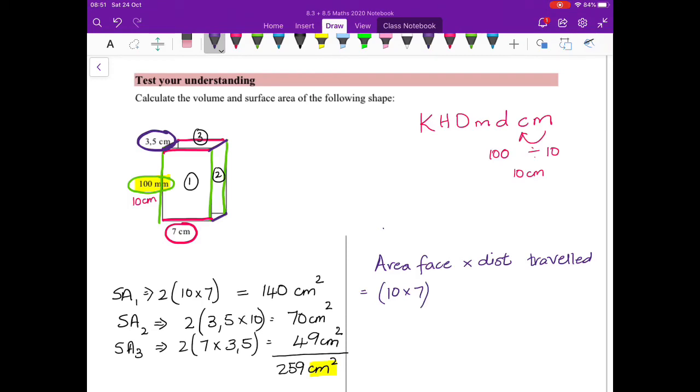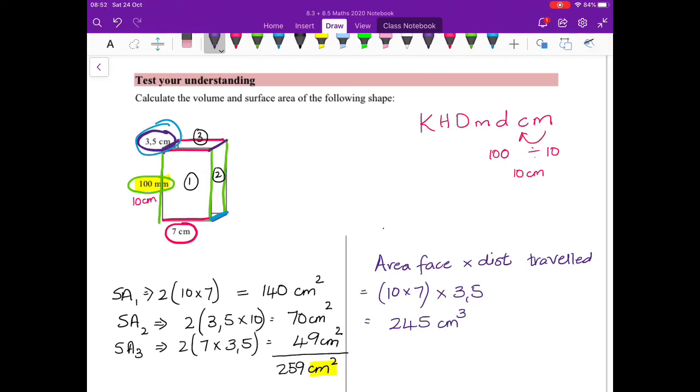And now how far does it have to go to meet its partner at the back, or the identical face? Well, it's got to go 3,5 centimeters, so I'm going to multiply by 3,5, and if I do that calculation, I get 245